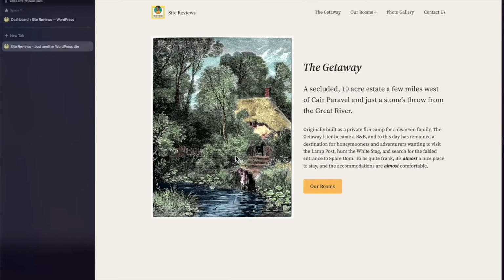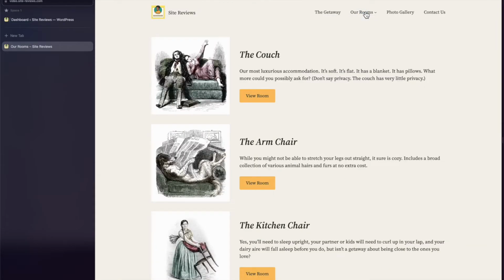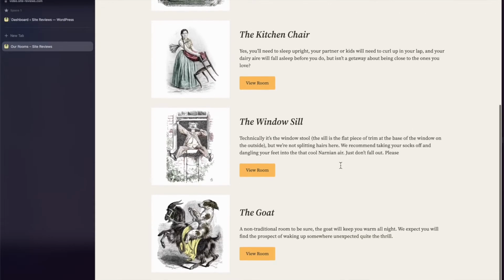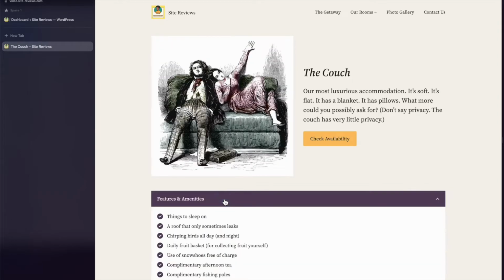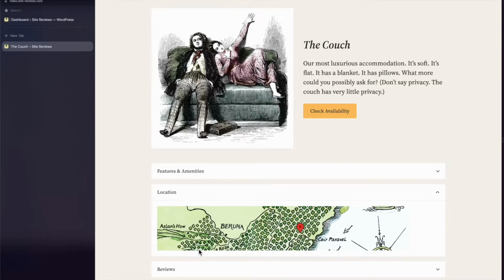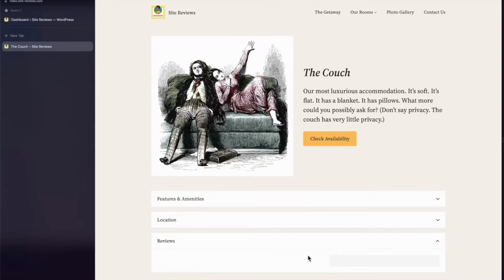Okay, so this is a screen recording demonstrating site reviews. This is a demo website that I created for the purpose of this video. It's a property website, and this is the page with all the different rooms of the property. And when you click a room, you can see the features, the location, and this is where the reviews are